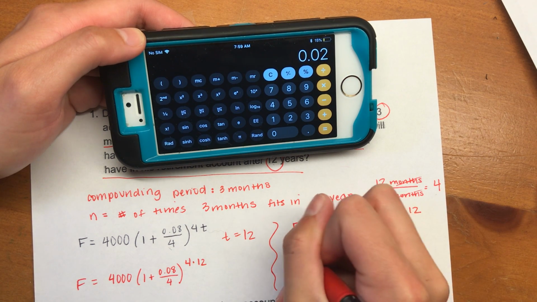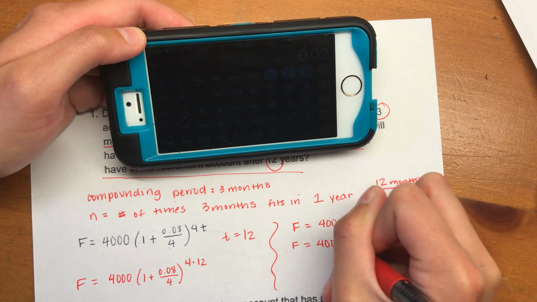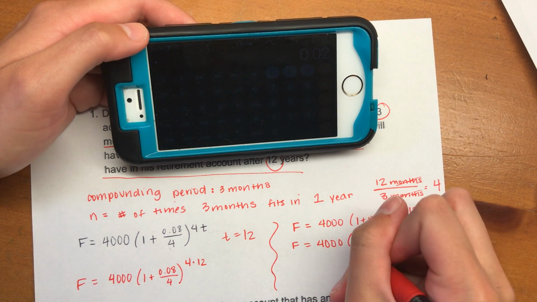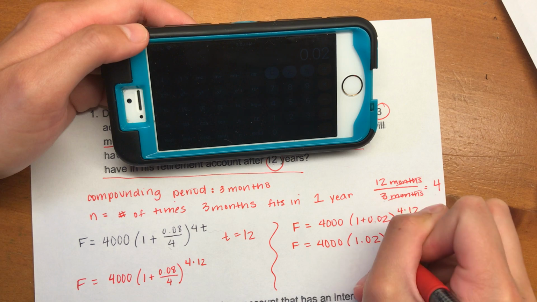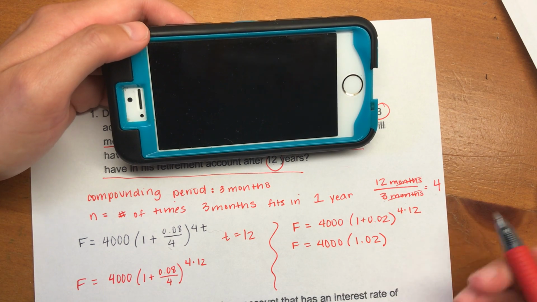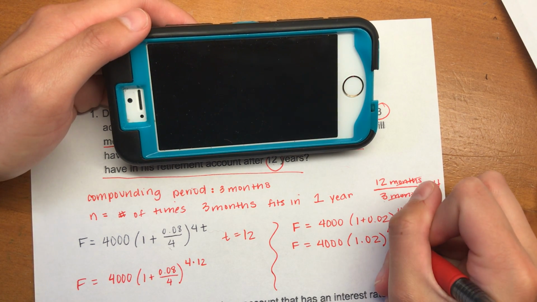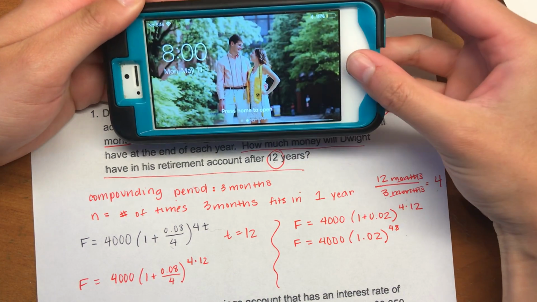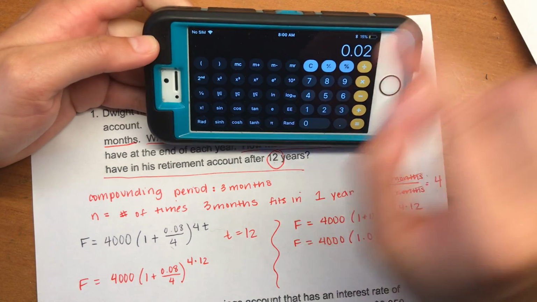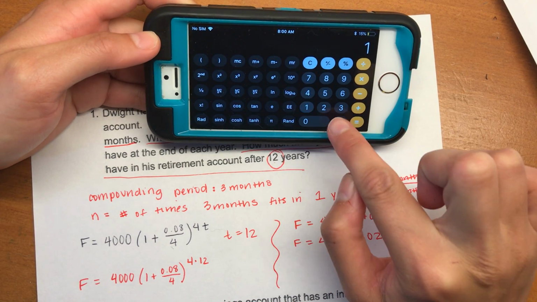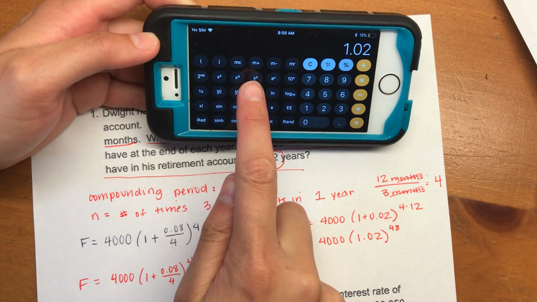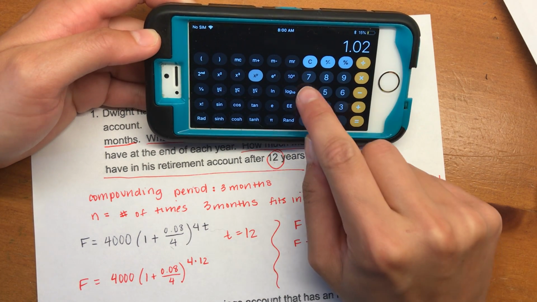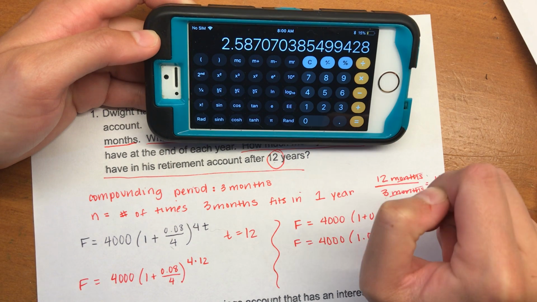Okay, so then F equals 4,000 times 1 plus 0.02 will be 1.02. And we can do 4 times 12. We know that is 48. Okay, so now I know I have to do exponents first. So I'll do 1.02, and then I use x to the y to do the exponent to the 48th power. That gives me